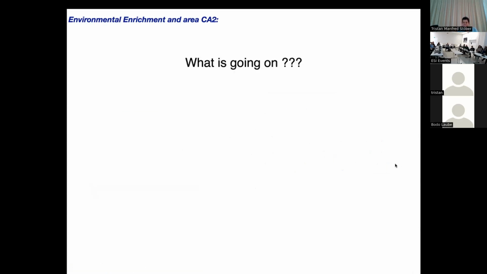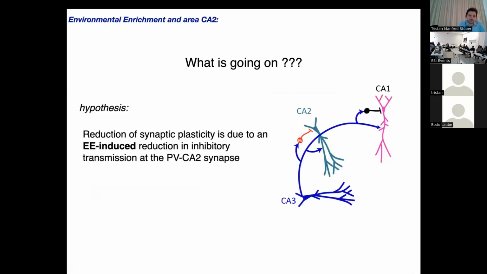And so the question is, okay, what's going on? What could be happening, right? Are we completely wrong? Is this plasticity not actually important in the hippocampus? And one hypothesis that we had was perhaps the experience of being in the enriched environment is actually inducing the plasticity at the PV-CA2 network, right? And so how would you test this? What would you expect that if this long-term depression is already induced, then we'd expect a reduction in